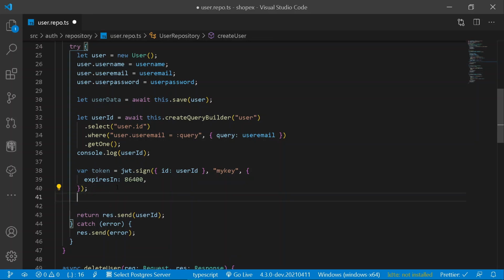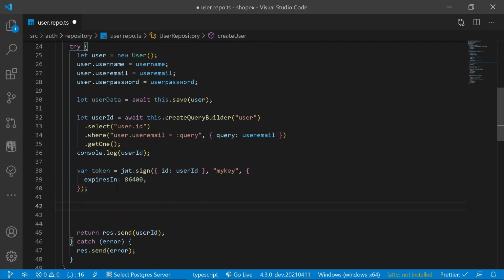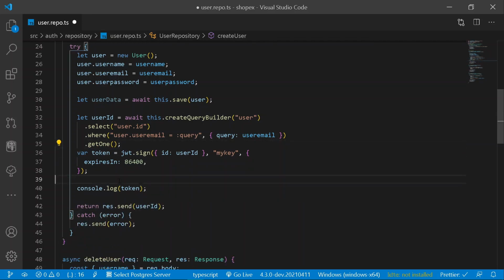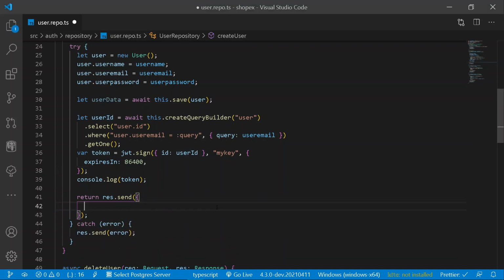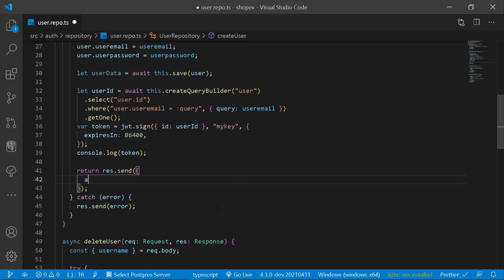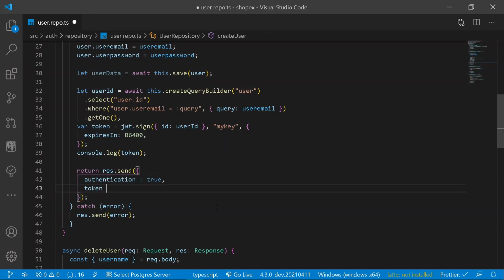So once we have got our entire token, first of all let's console log the token, why not? And here let's not console log our user UID, we don't need this. So once we have console logged our entire token, instead of sending the user ID, we can send some different sort of data to our response under our POST request. So first of all, I should be adding here authentication, not odd but authentication is true, that is the user is authenticated. And after that, I should also be sending a token which stands for the token that we have just deployed here, just like this.